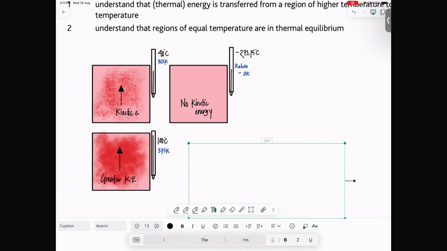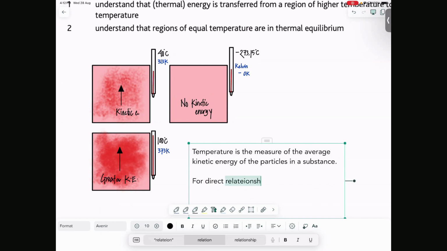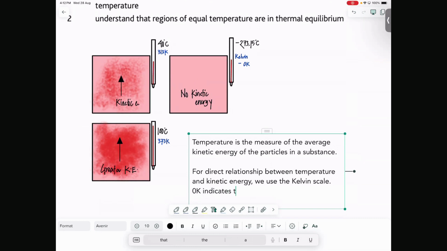So temperature, this is the definition, is the measure of the average kinetic energy of the particles in a substance, a direct relationship between temperature and energy. We use the Kelvin scale. 0 Kelvin indicates that the material has no